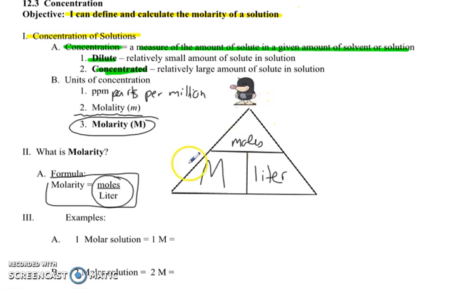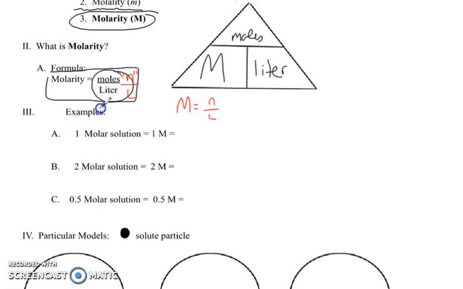And just FYI, a lot of times we're going to abbreviate moles as n. It'd be confusing if we said M, so they've picked n. So molarity is n over L. So capital M, molarity, equals my number of moles per liter. I'm going to do a demo with some examples in class, but we'll go through and solve the math. So if the molarity is 1,